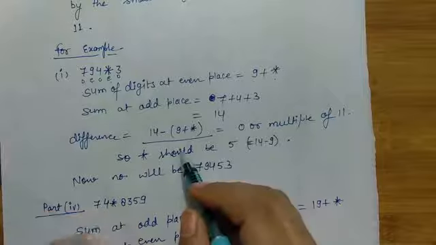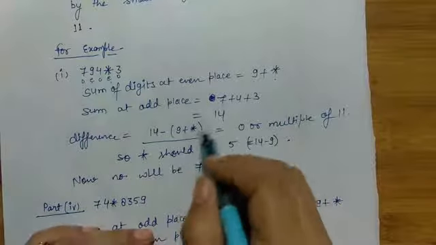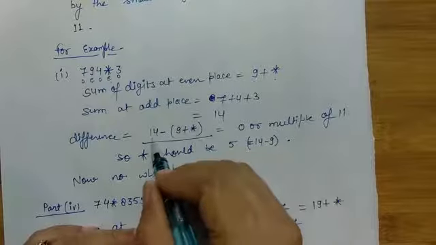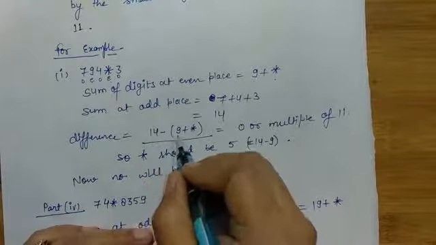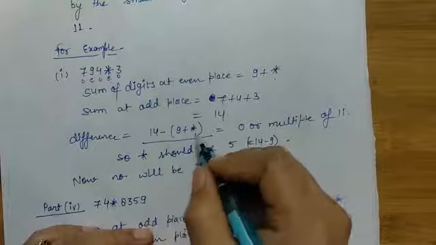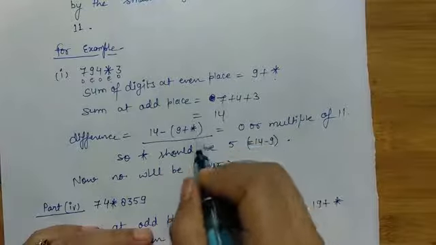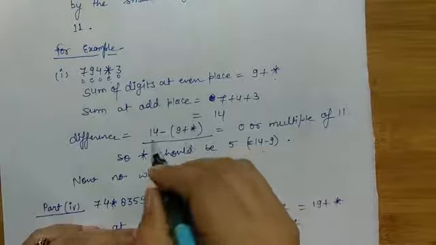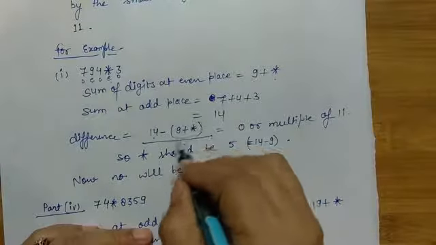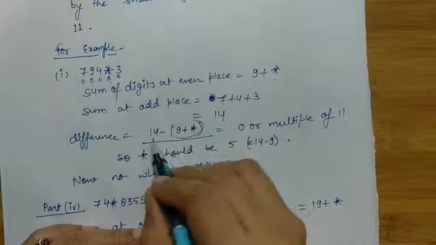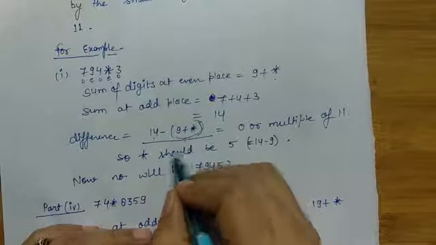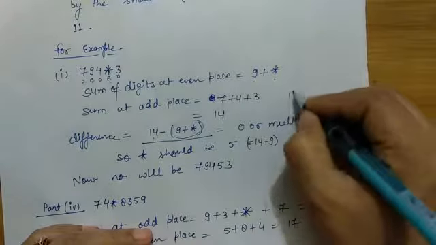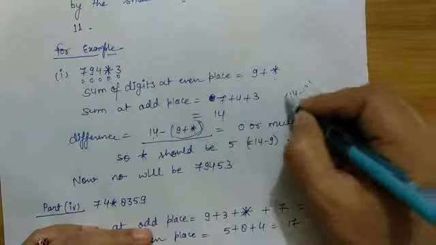So if we assume that it is going to be 0, then we know what has to be there in the asterisk symbol. Suppose we subtract 14 minus 9, here is 5. If we will take minus 5 over here, then it will definitely be subtracted. Means we can understand that it is 14, and if we will get this sum as 14, then we will get 14 minus 14 is equal to 0. So if we will add 5 over here, which will definitely come from 14 minus 9.